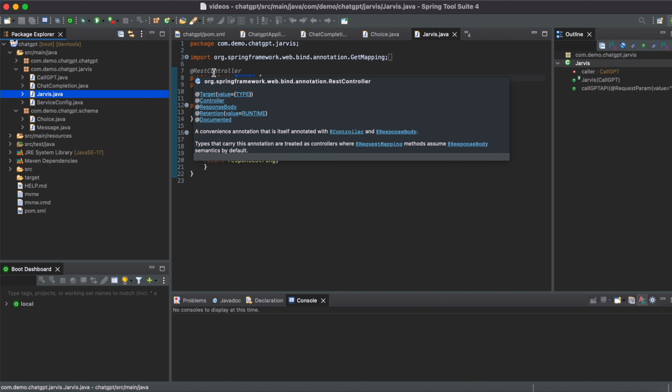In this tutorial, I'll be guiding you through the process of integrating OpenAI's powerful ChatGPT with Spring Boot. So let's get started. What we'll need as a setup is a Spring Boot Tool Suite, Postman for sharing the data,